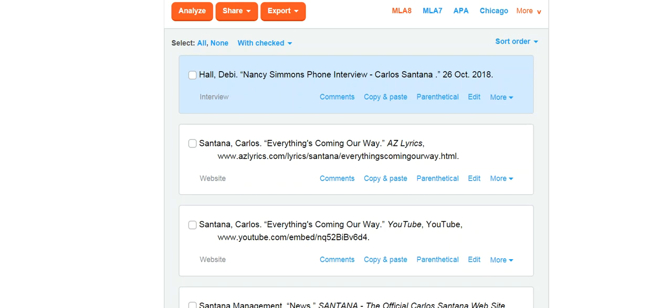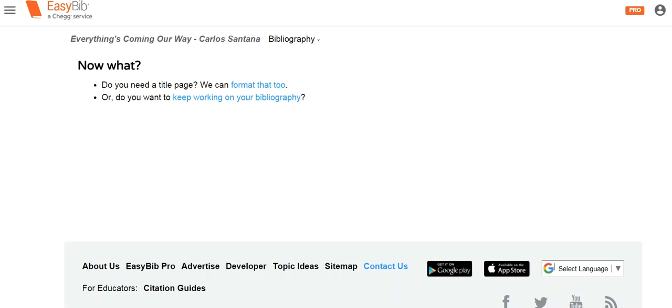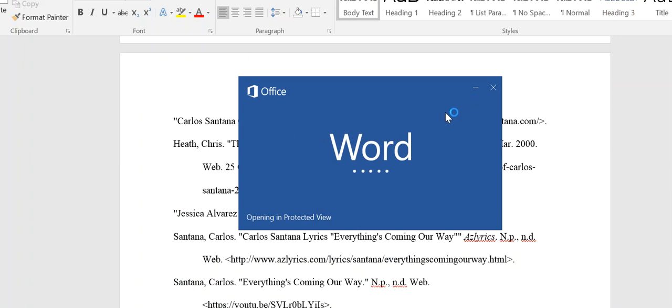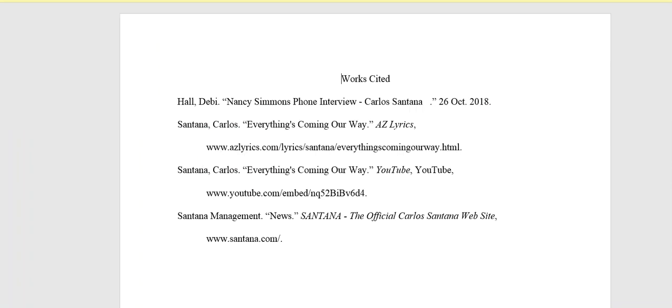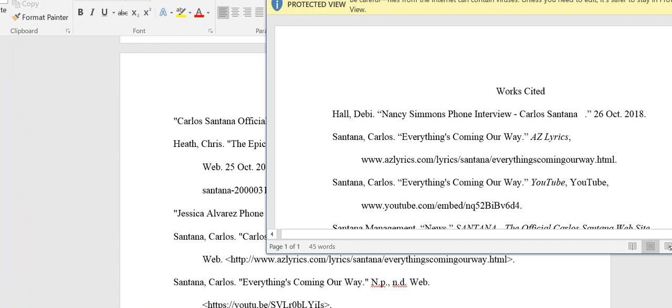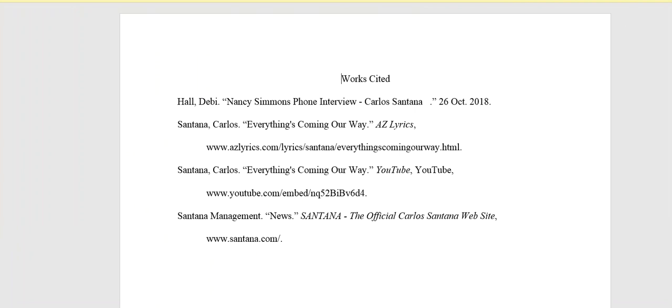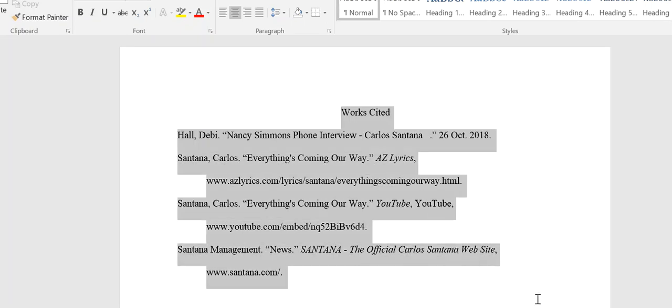Now we need to create our works cited page so it looks as beautiful as the one that we saw. So we're going to click Select All, Export, Print as a Word doc, down left for MS Word, and that's going to create itself down in my tray in my computer, and it's going to open. And there it is. Now what I want to do up here is enable editing, and that's going to allow me to copy this,